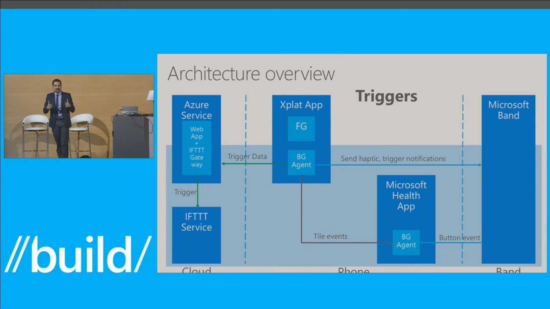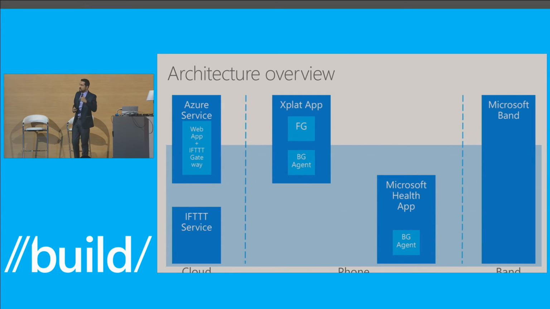It's just a thumbs up saying everything is good. So the other way around would be actions. If something happens on IFTTT, I want to be notified on my Microsoft Band as well. So IFTTT will then